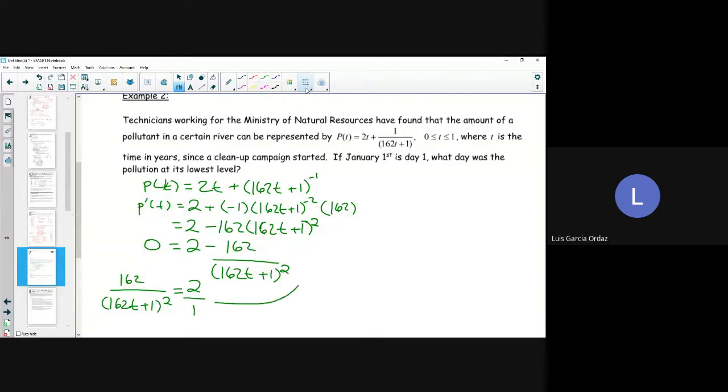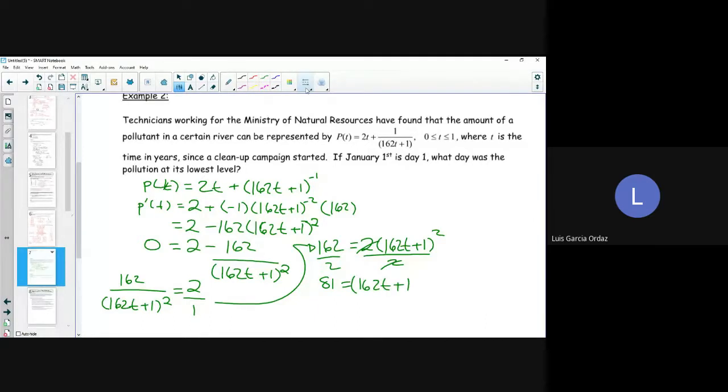So I get 162 is equal to 2 times 162T plus 1 squared. I can divide both sides by 2, which leaves me with 81 is equal to